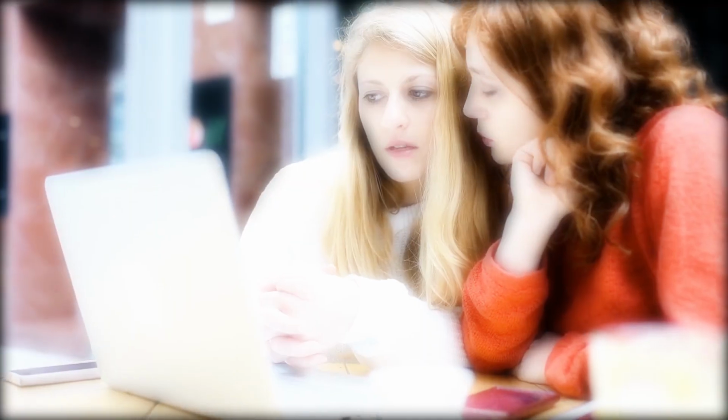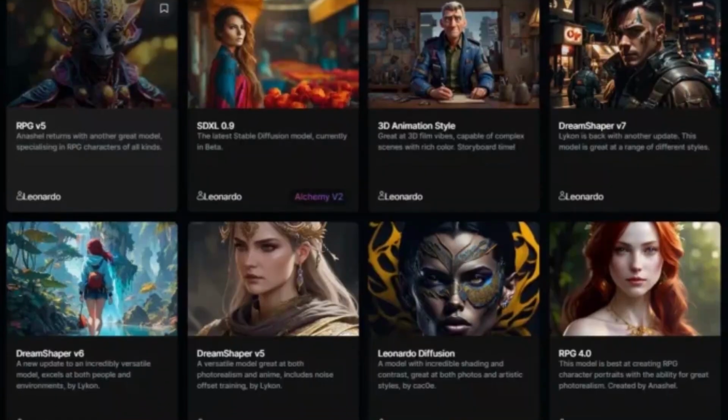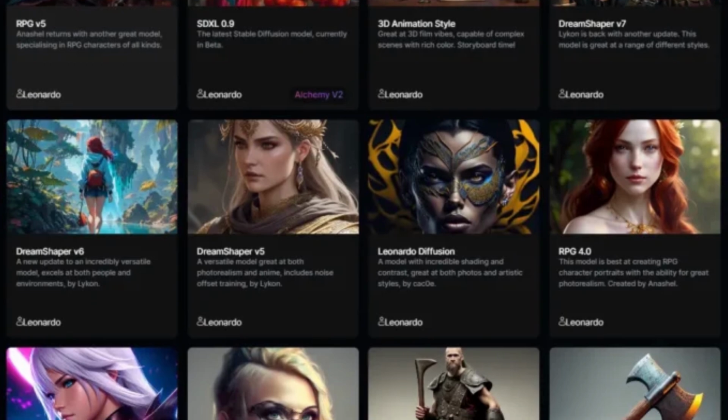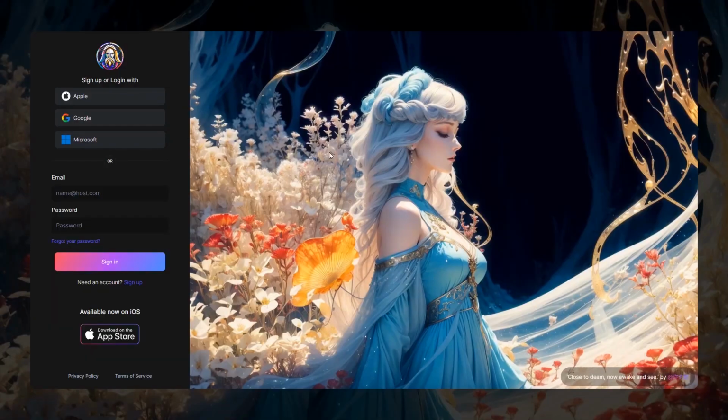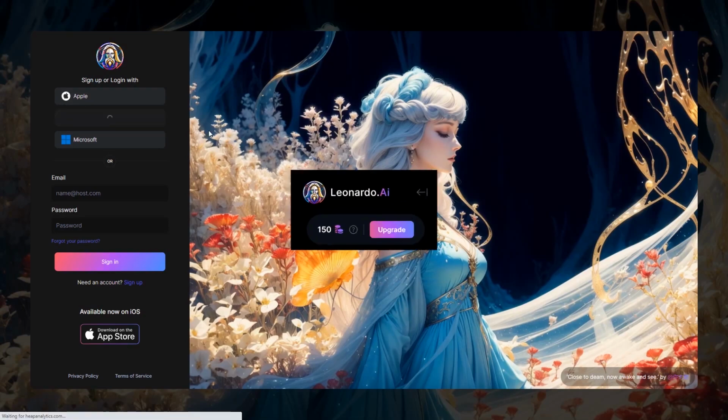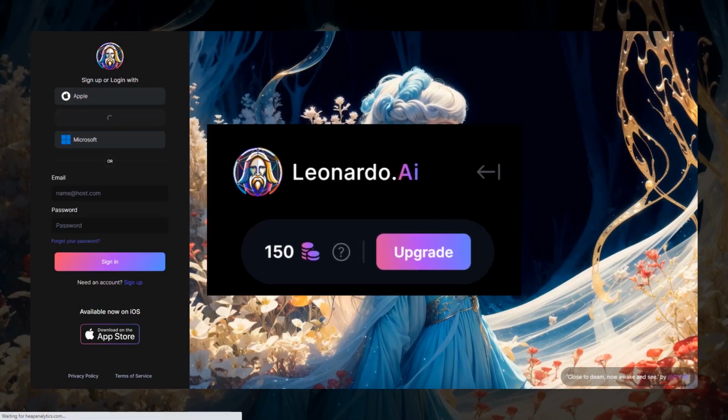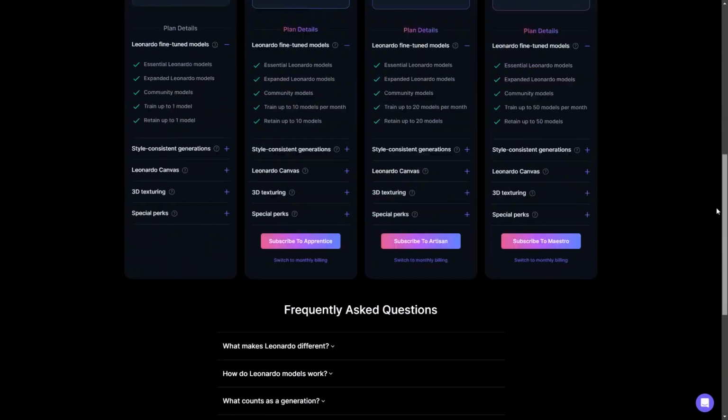Let me walk you through the process of using Leonardo AI to create stunning images, and then we'll look at the best strategies for selling your creations. First, open Leonardo AI and log in using your Google account. I chose Leonardo AI because it's free and provides 150 tokens daily, plus you retain full commercial rights for the